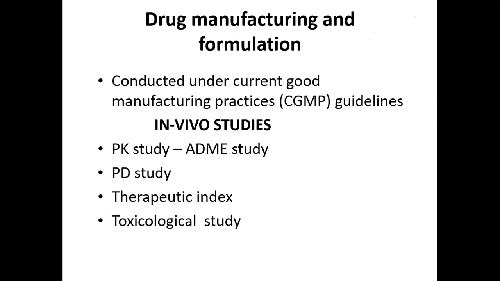this drug manufacturing and formulation are conducted under current good manufacturing practices guidelines. So if the manufacturing practices are not correct, or we don't have stringent guidelines for manufacturing of the drugs, what will happen? So many spurious companies will come up. Of course, there are so many spurious compounds, so many spurious companies which manufacture with substandard molecules, or their binding